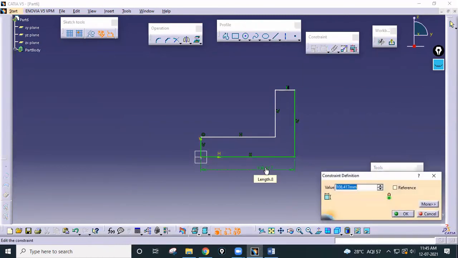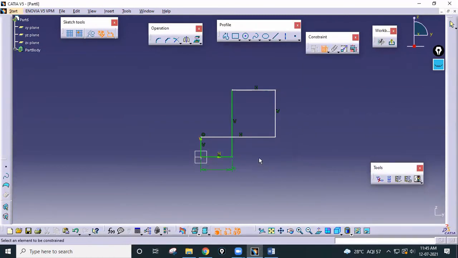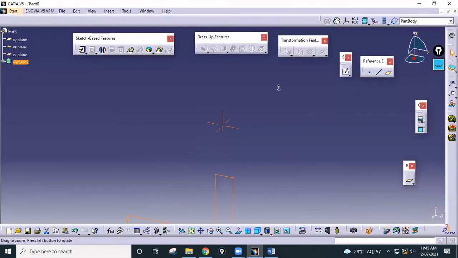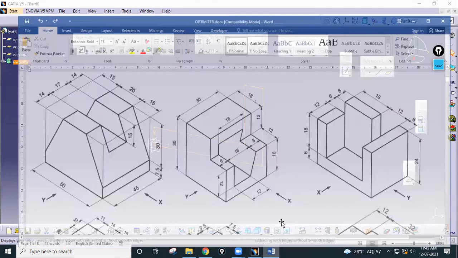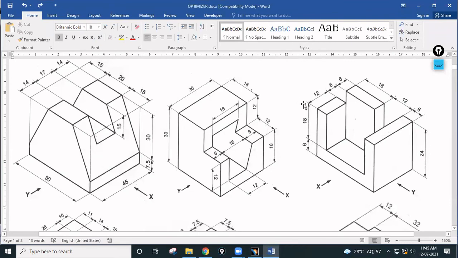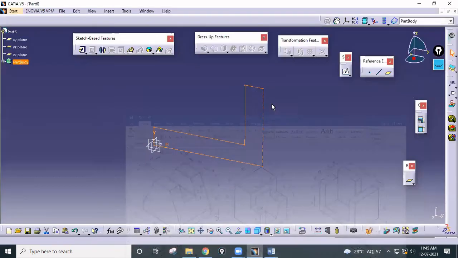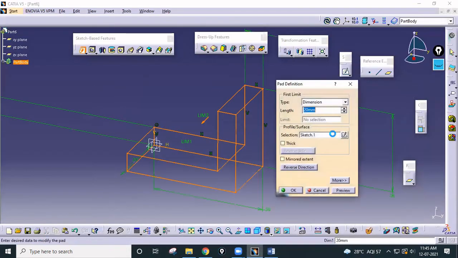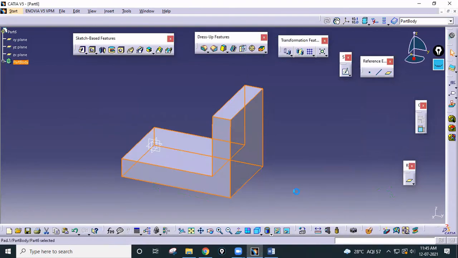This is 36, 24, this is 6. So this is our first part, the L shape, which should be a length of 24. Just pad it by 24, click on OK.